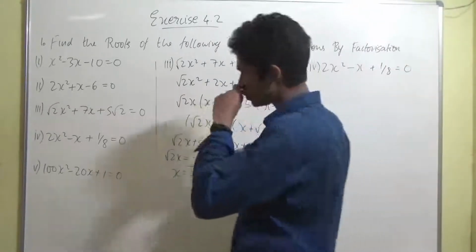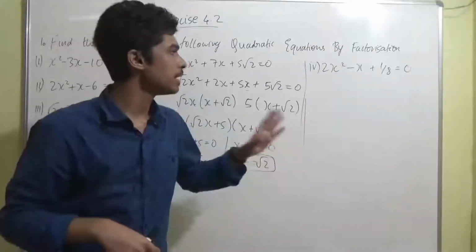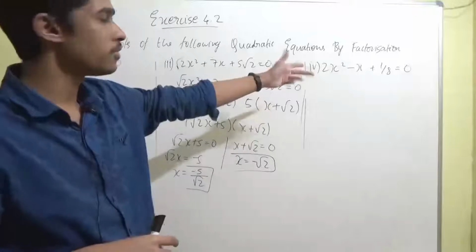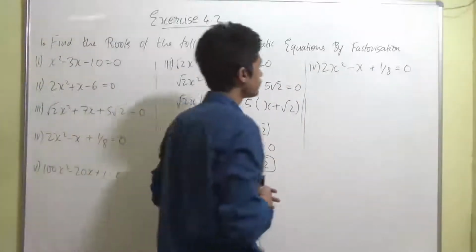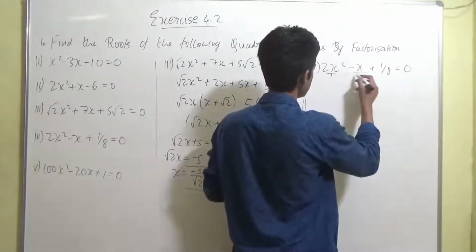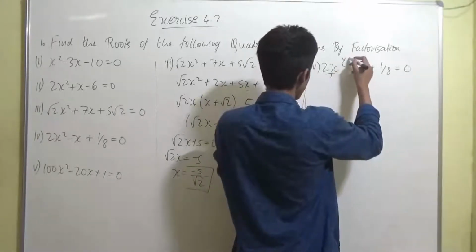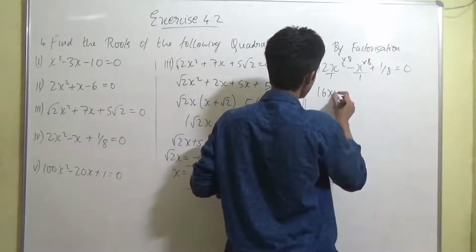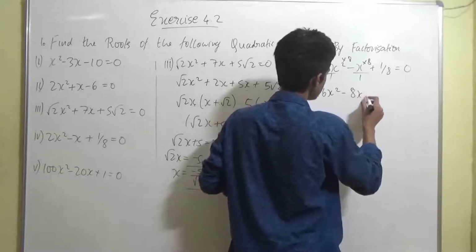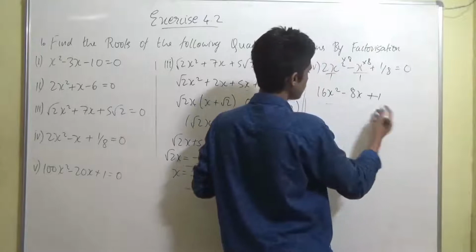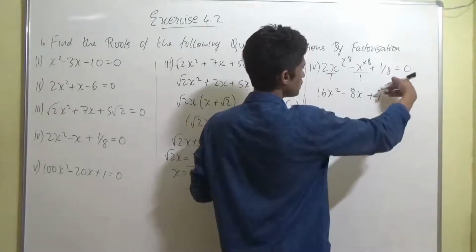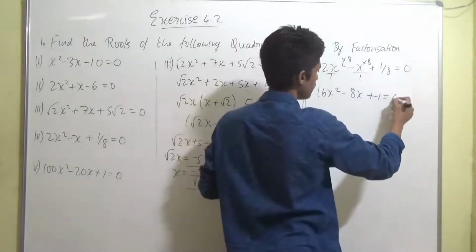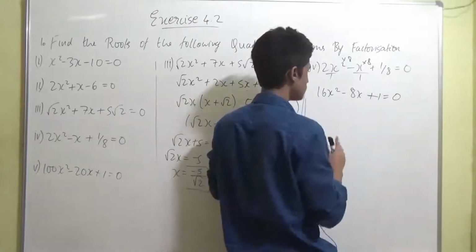Okay, in this question, the first thing you have to do is take the LCM and simplify it, guys. That is, 1 by 8 is there, no? So we'll multiply by the LCM. There is 1 everywhere, so this is into 8, even this term into 8. So this becomes 16x square minus 8x plus 1 by 8 is there. But this 8, when cross multiplied with the equal to, will become 0 only. Getting it? So this is the equation, guys.